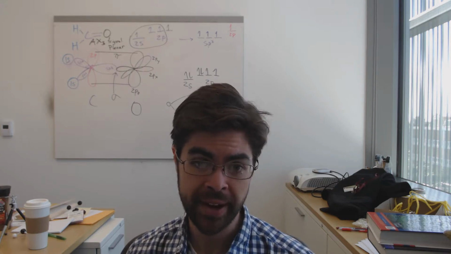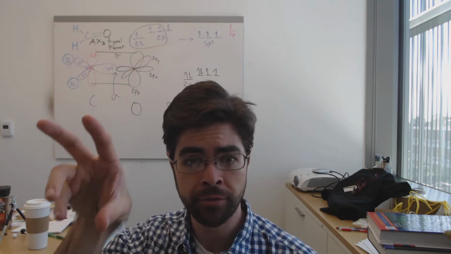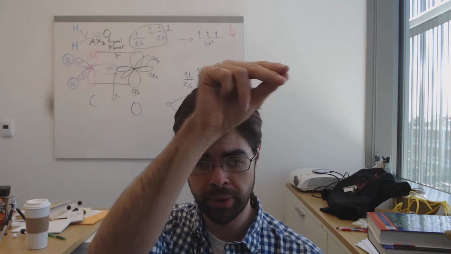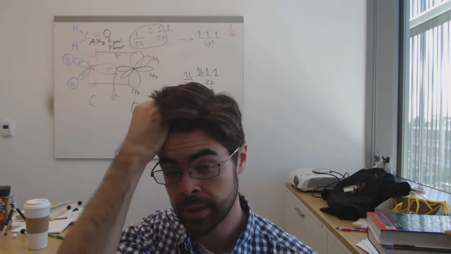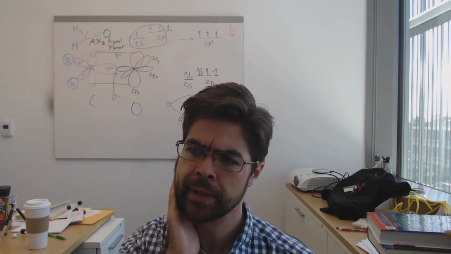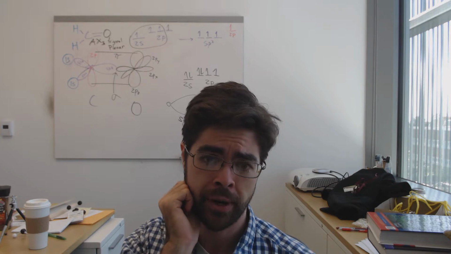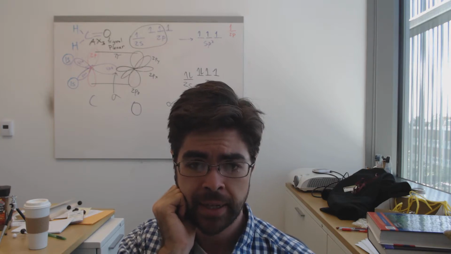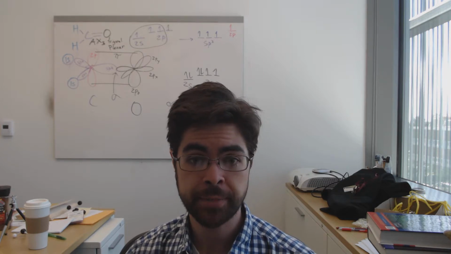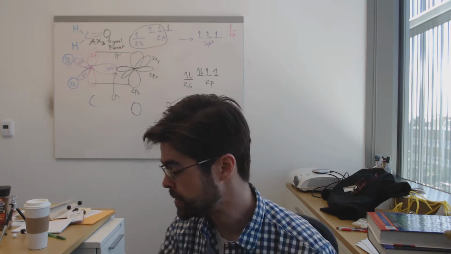If you need to get extra unpaired electrons, and the only way to do it is to take paired electrons out of lower energy orbitals and bring them up into higher energy orbitals, that can happen. For instance, in sulfur hexafluoride. Sulfur, like oxygen, normally only has 2 unpaired electrons, but sulfur can make up to 6 bonds in sulfur hexafluoride. So the way you can rationalize that is if I take